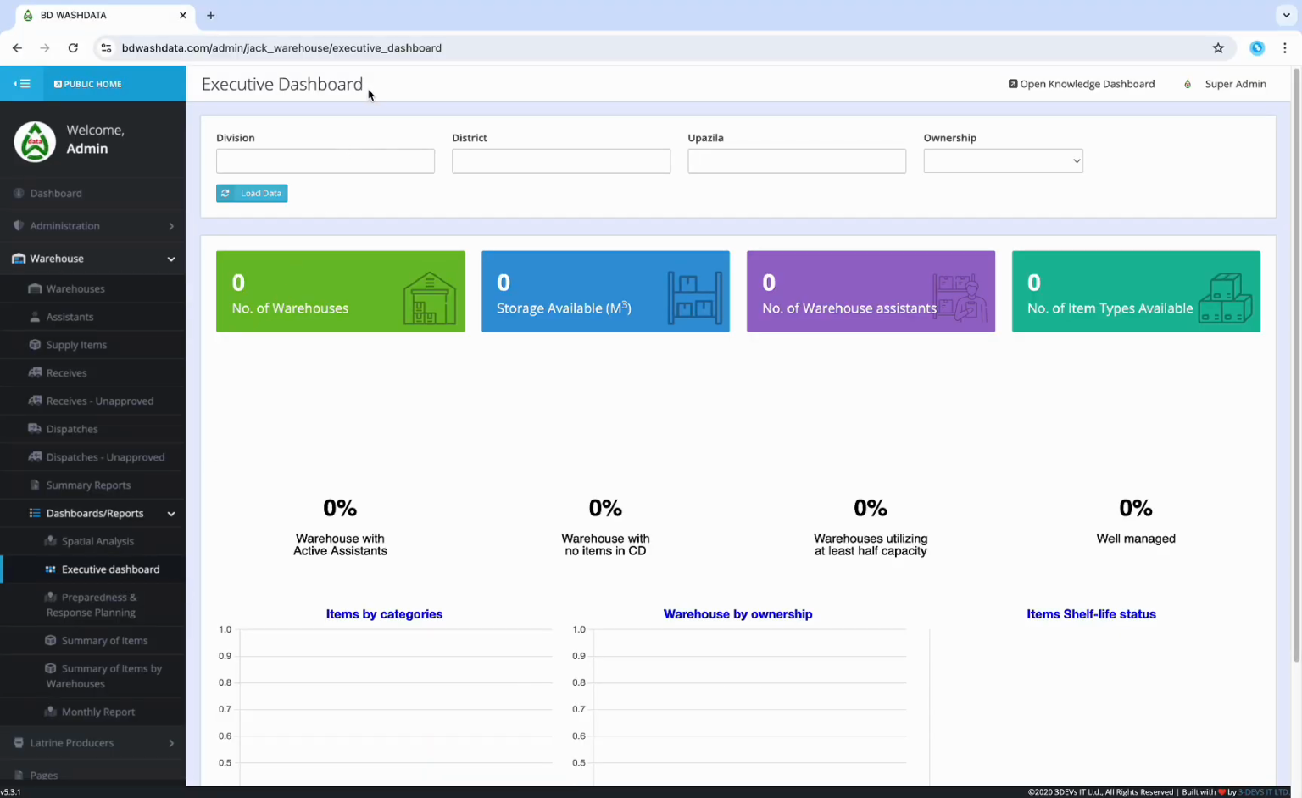Now comes the Executive Dashboard segment. The Executive Dashboard is a high-level overview tool designed to provide key metrics and summaries related to warehouse operations. This dashboard aggregates critical data from various warehouses, presenting it in a visually accessible format, often through charts, graphs, and